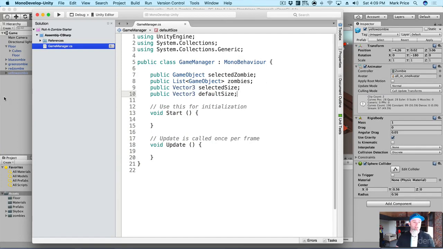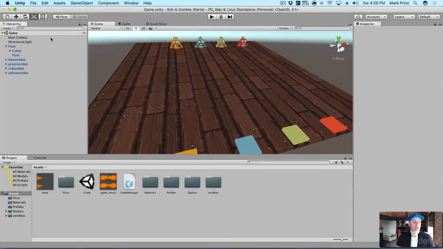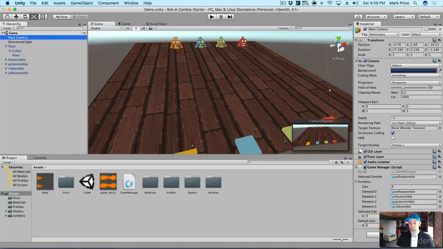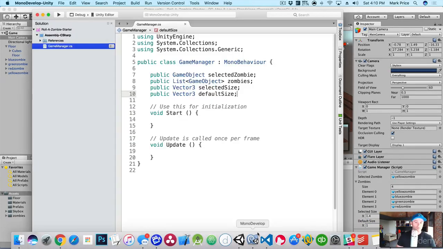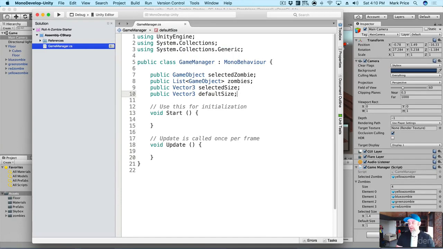Save the file, come back to the code, and click the main camera. And what I can do is the selected size, remember it was 1.4, press tab 1.4, press tab 1.4. That's the scale. We want it to be larger. And the default size is 1, tab 1, tab 1. So that's going to set the size of the zombies. Okay. Now if I go back to my code,